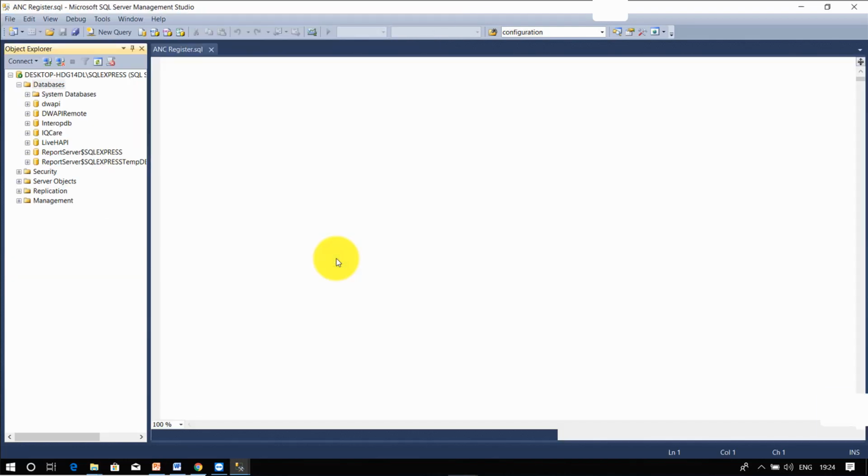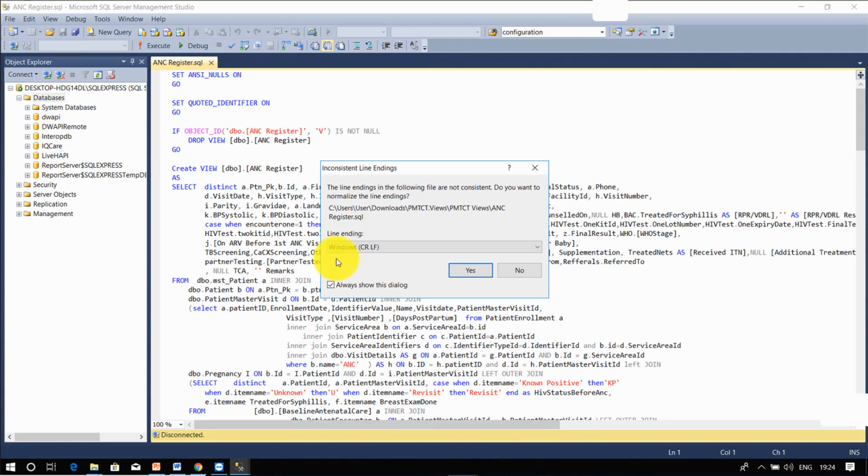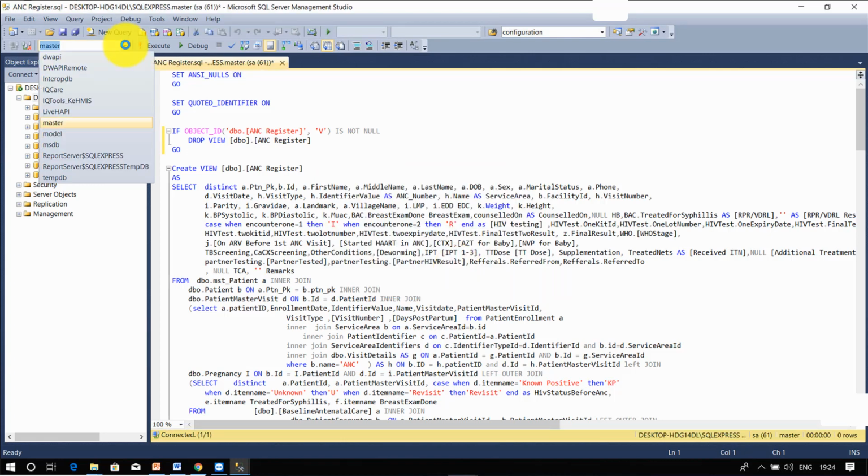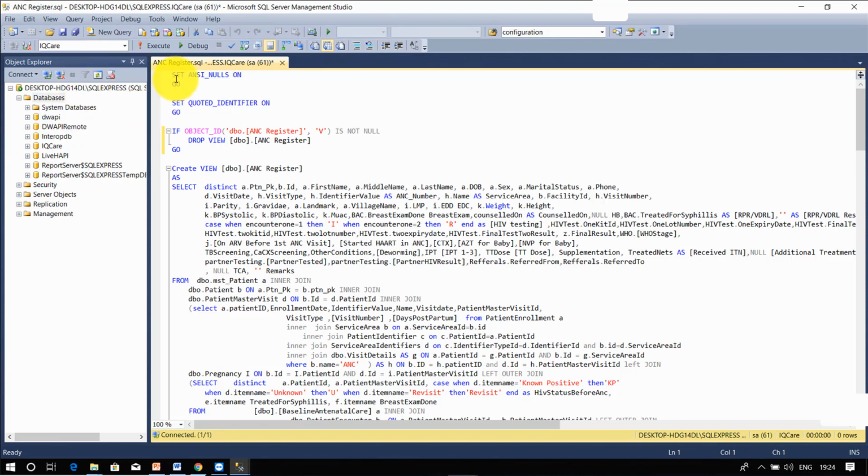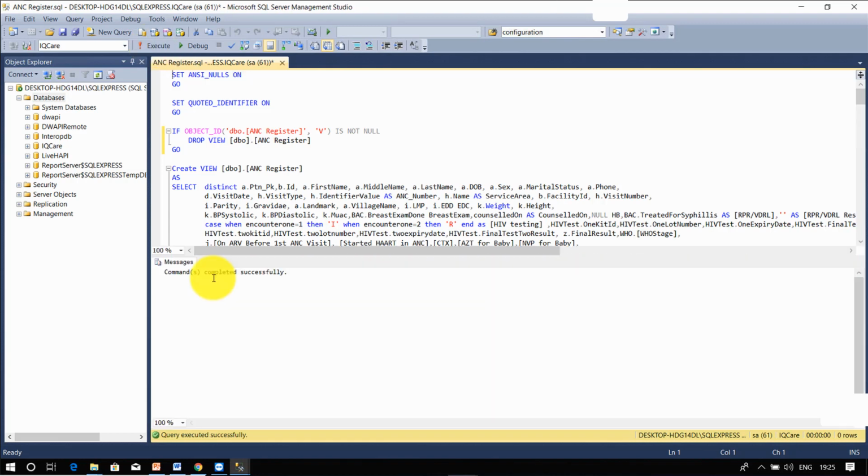It will open a prompt telling you that the line endings in the file are inconsistent. Say yes. Then select the drop down list to IQCare. You want to link the registers to IQCare. Select IQCare and click execute. Once you click execute, you will get a message that the commands completed successfully.